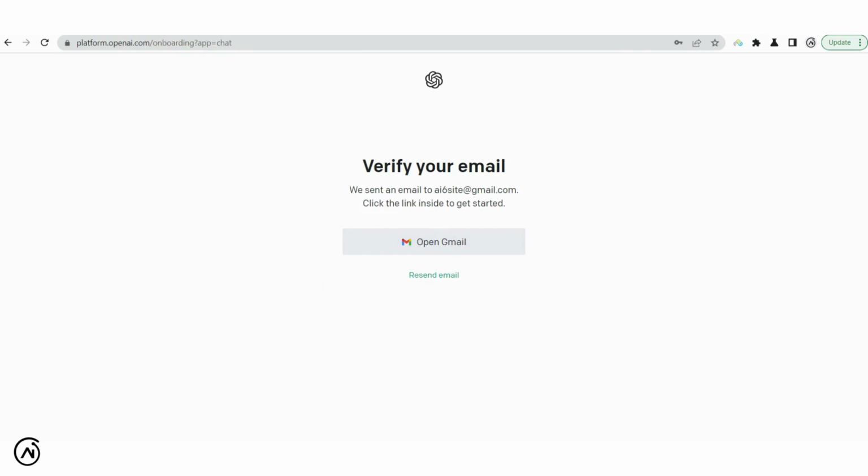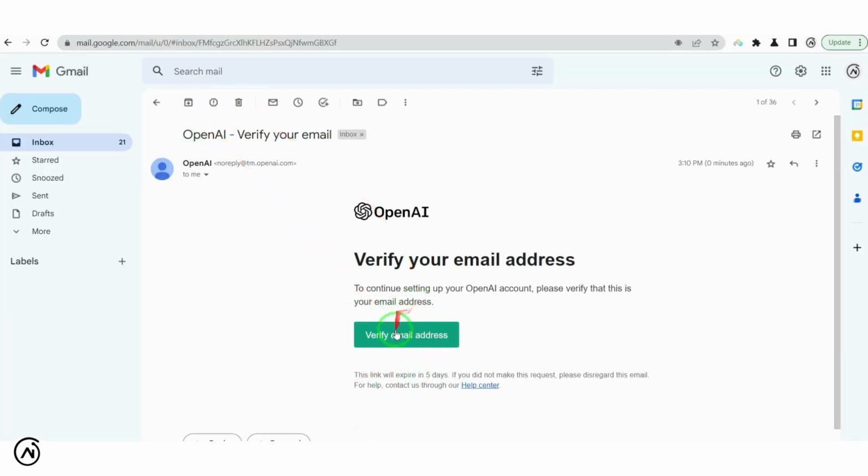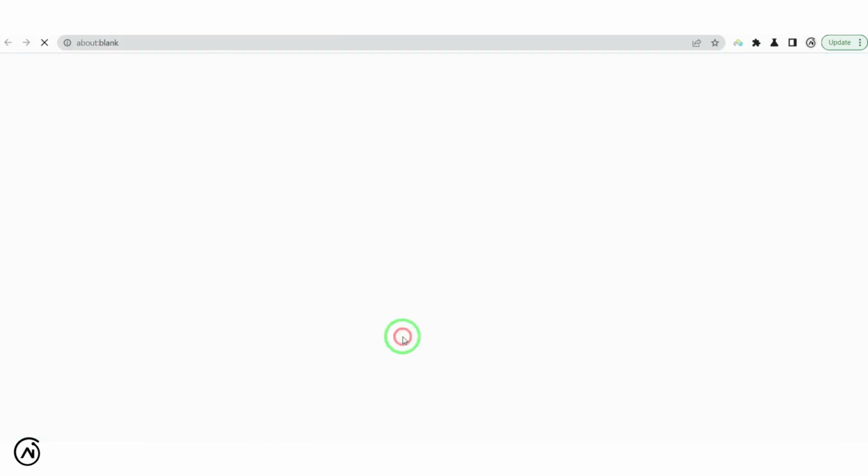For the confirmation email, I just pause the video. I'm inside my email address now. I click inside my email inbox. I click verify email address. And after it